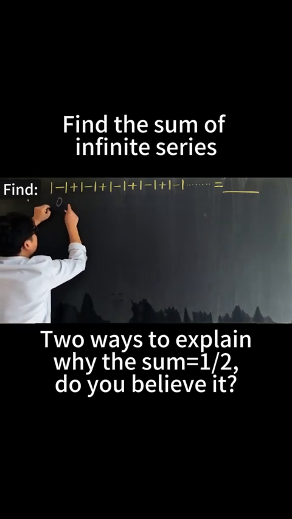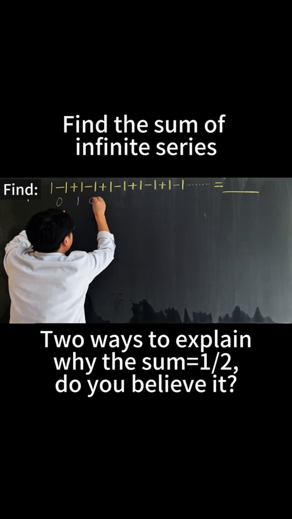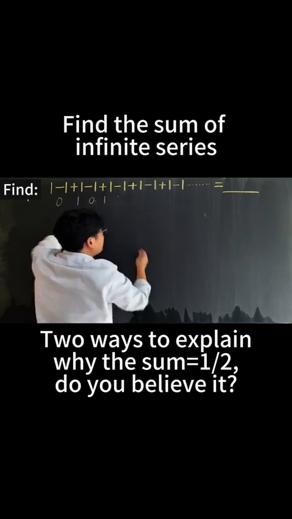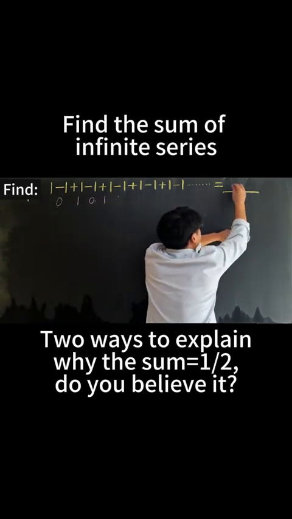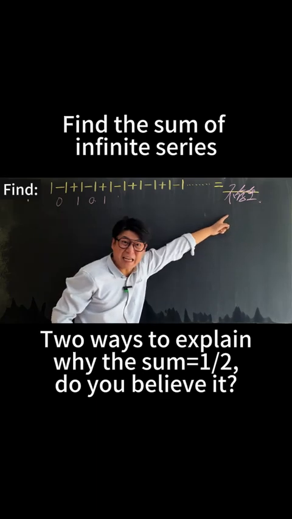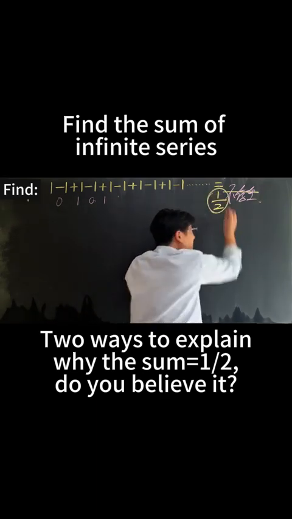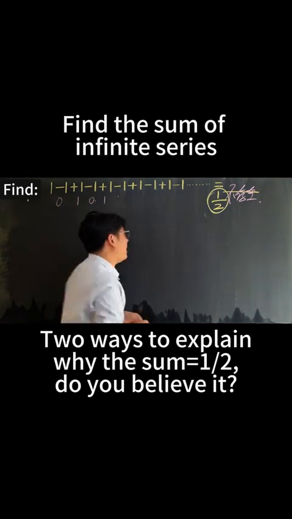It becomes 0, then you add 1 and it becomes 1 again. Then you subtract 1 again and it becomes 0 again. It just keeps going 0, 1, 0, 1. Who knows what it equals? Does it even exist? Is there no answer to this? But I found that it actually has a definite value. What should it be? It should be 1/2. Why is it 1/2? Let me explain it to you.